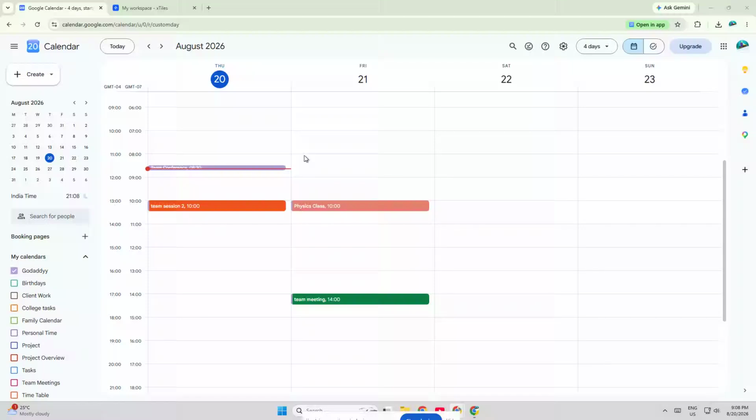Today I'm going to show you how to add Google Calendar to XTiles in just a few simple steps. This is a great way to bring your schedule into one place so you can stay organized, manage your tasks better, and keep everything connected inside your workspace. If you work with events, deadlines, or planning boards, this integration can save you a lot of time and make